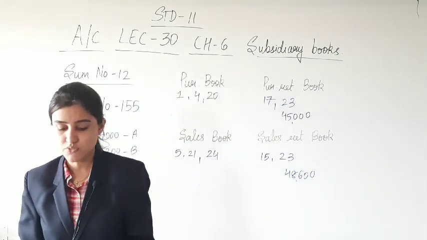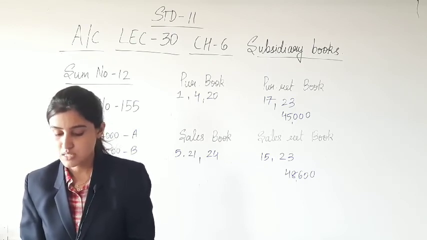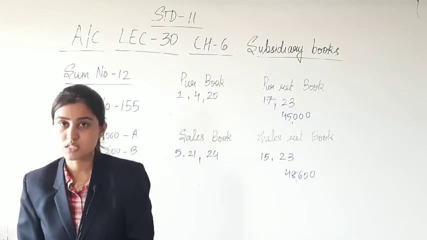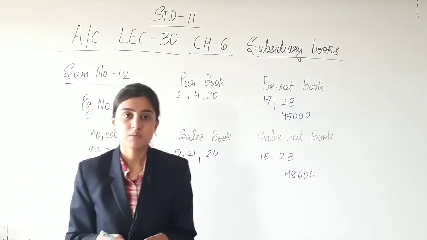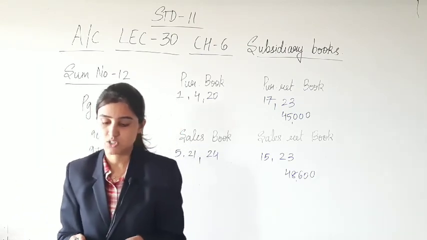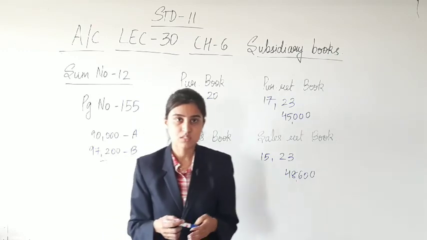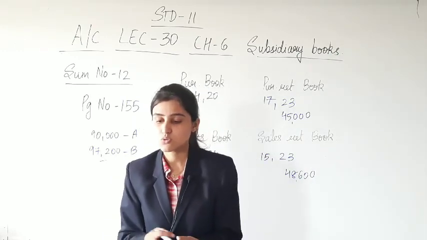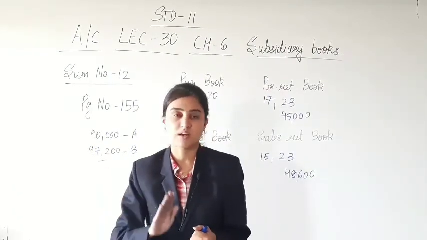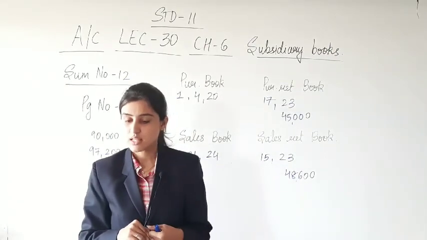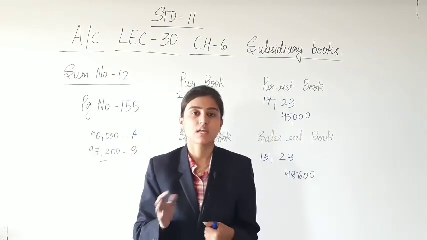Next, on 27th of November, returned goods to Sweetie of rupees 10,000 which was purchased in October and sent debit note number 20. Now this probably is a somewhat different sort of transaction. For this I need to give a proper explanation. So we will continue in the next lecture for this, and till now you are supposed to finish sum number 10, 11 and sum number 12 till what we have done. We are left with two transactions, that is on 27th of November and 30th of November, that we are going to continue in the next lecture.